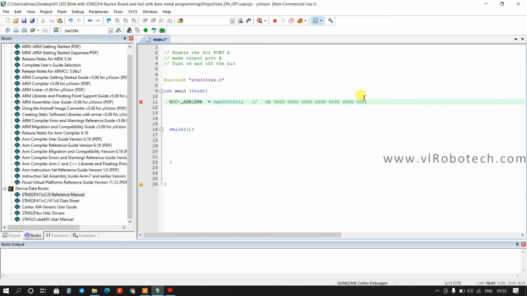Okay, the first bit will be 1 and the remaining bits will be 0.